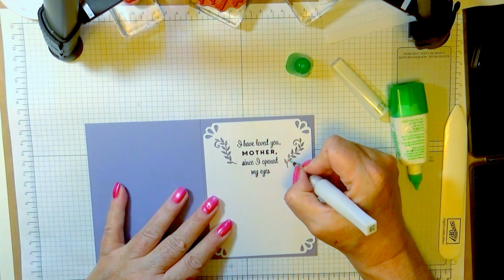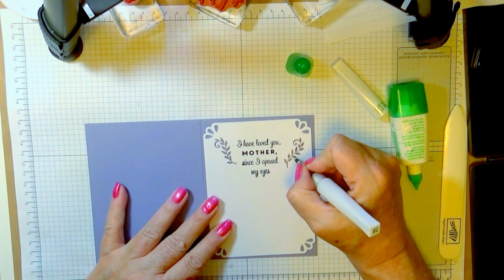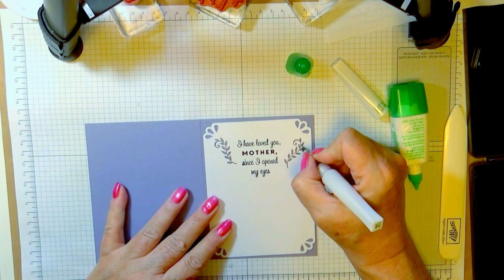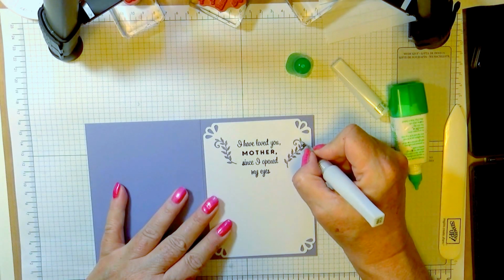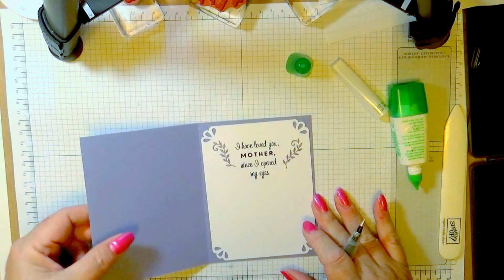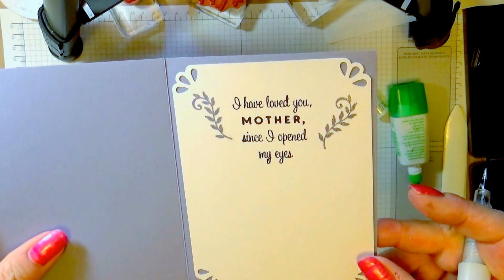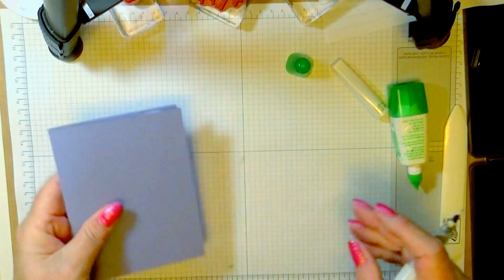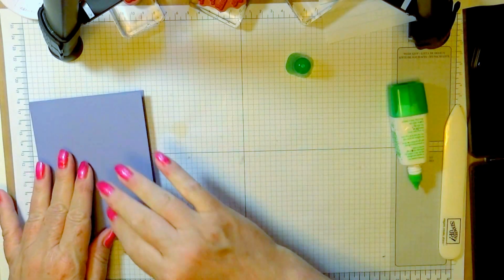And here we go. We're almost finished. But I'm not putting tons of glitter down, just a nice light coat, just to add that little bit of a pop and shimmer. And there, that is all finished. I don't know if you can see the glitter or not, but the inside of our card is done now. So we can go back to working on the front of our